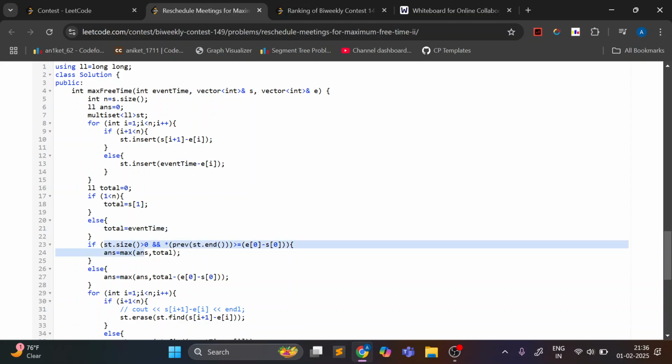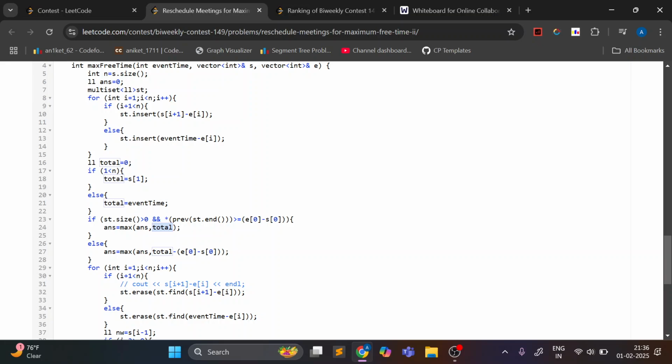Now if there are gaps in our multiset and the maximum element of that gap is greater than or equal to the duration of the current meeting, then we just take its max with total. That means the whole limit can be preserved. But if there is no such gap,